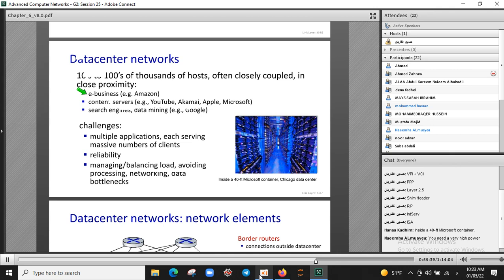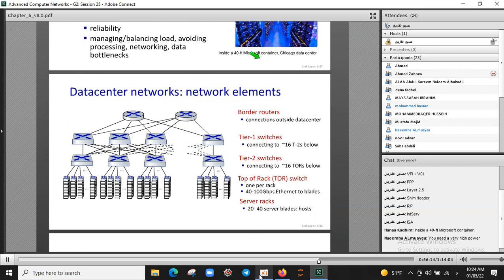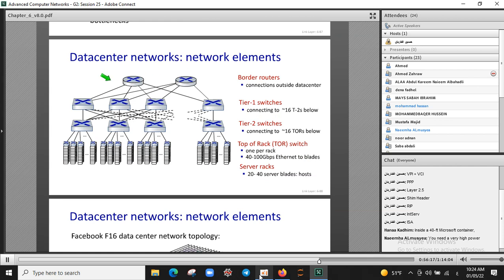So they must balance those queries between too many servers to answer them in a short time, just in a few percent of a second. Okay, this picture here is an image from the data from the Microsoft data center in Chicago. Okay, but so we need to handle this special congestion,